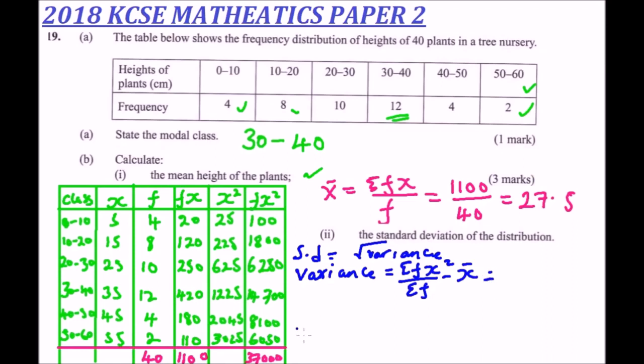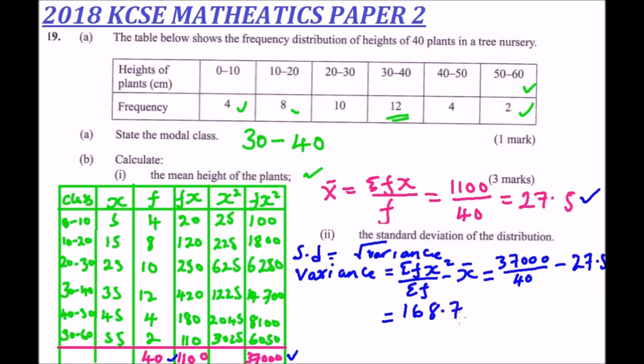to the summation of fx squared is at 7000, divided by the summation of f, which is 40, minus the mean, which is 27.5. So when you work out that, you should be able to get the variance is equals to 168 using your calculator,